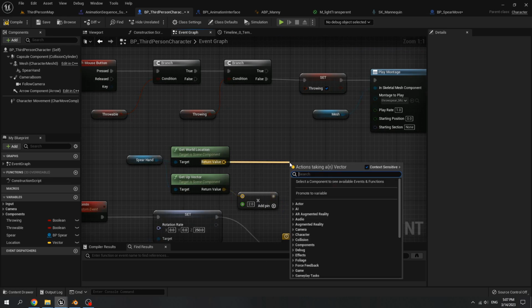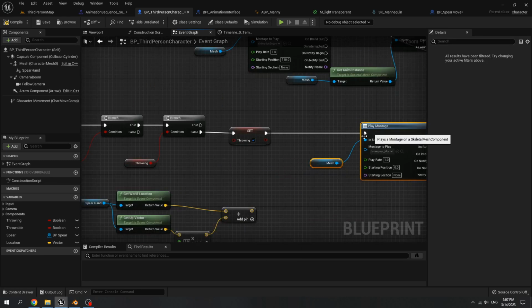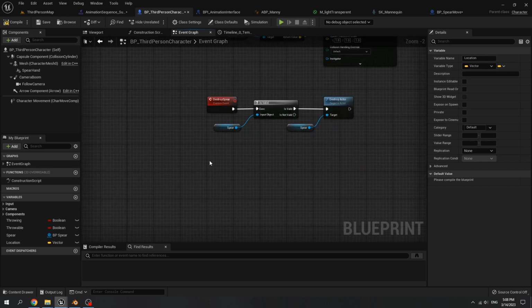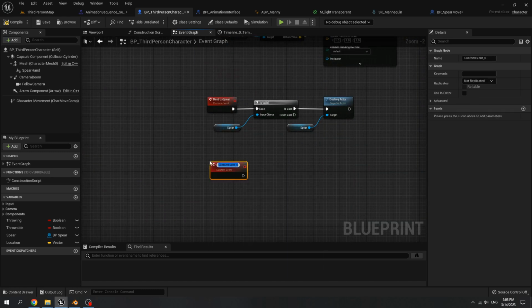Add it with our world location, then set it to location variable. Create new custom event. Name it spawn spear move.